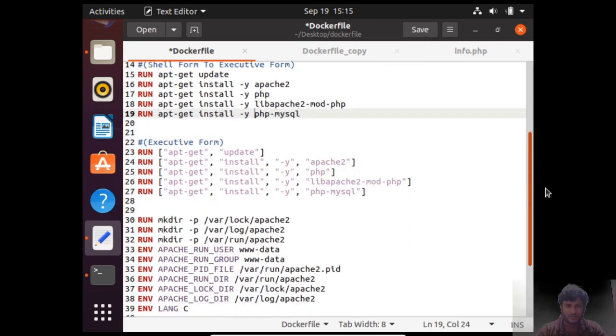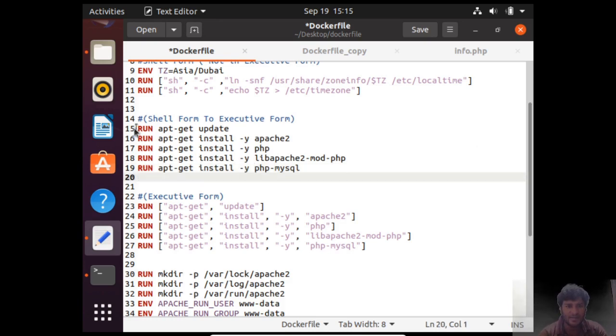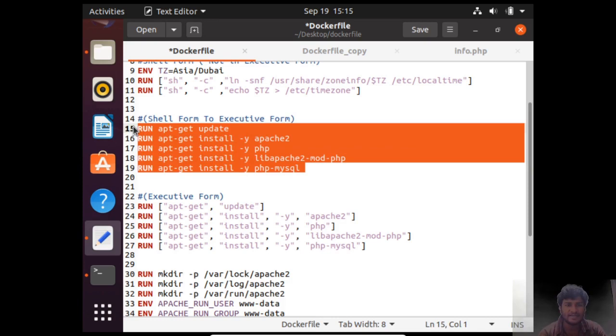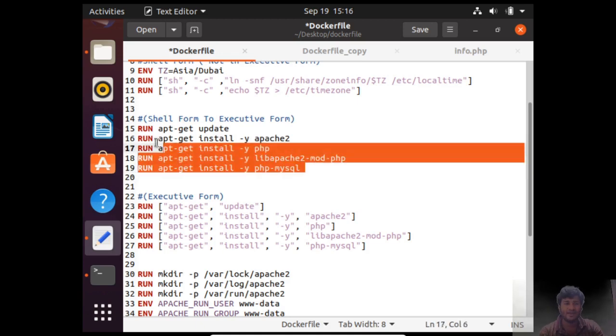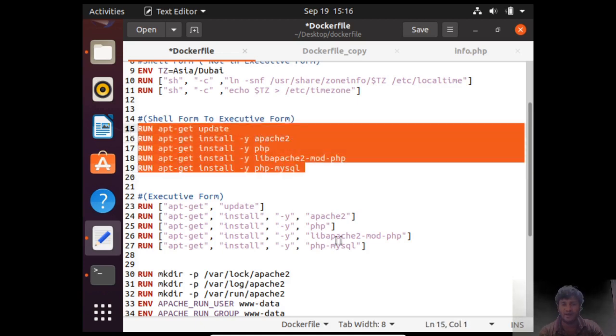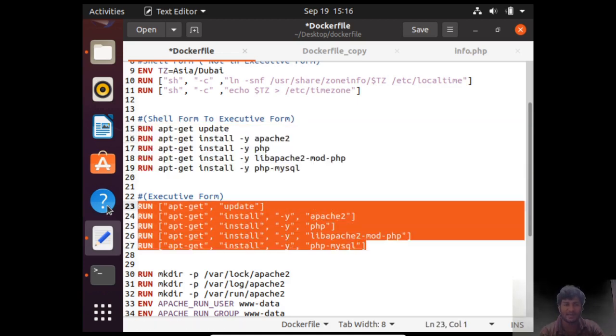So you can see from line number 15 till 19, we have 5 statements. We have to convert these 5 statements from shell form to exec form. So line 15 till 19 is in shell form, and line 23 till 27 is in exec form of the same commands.